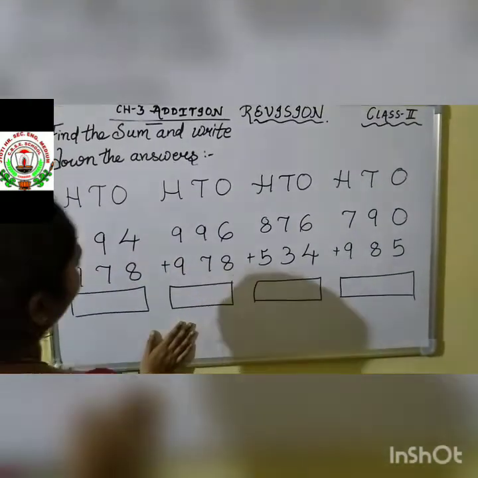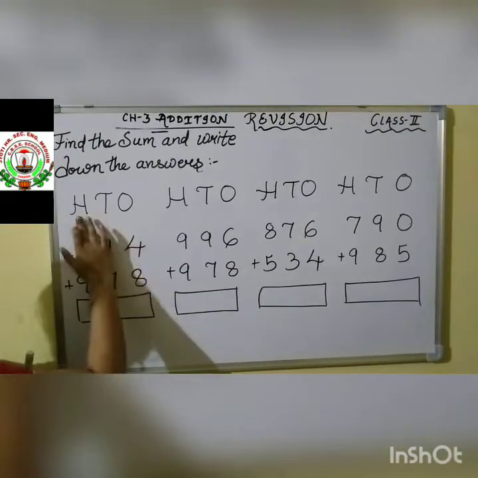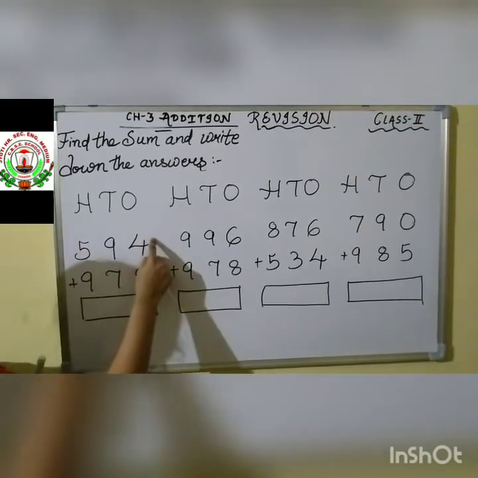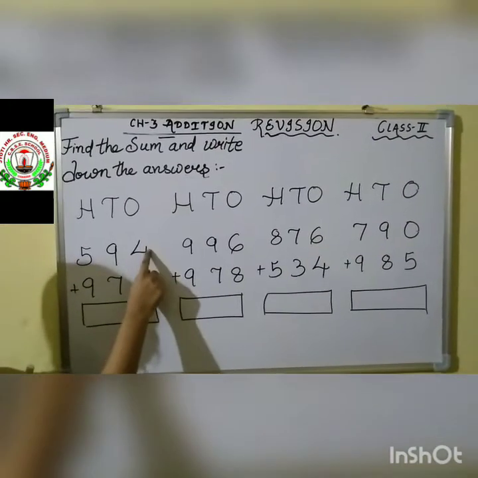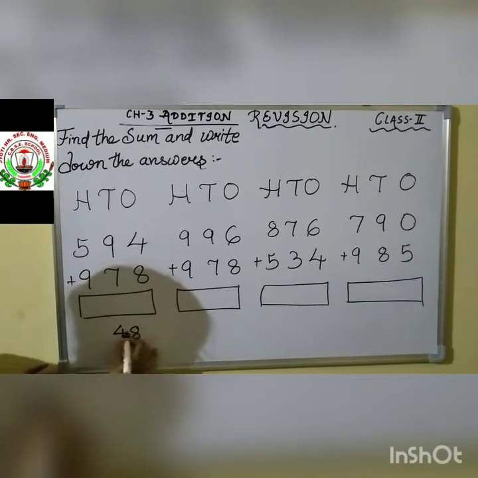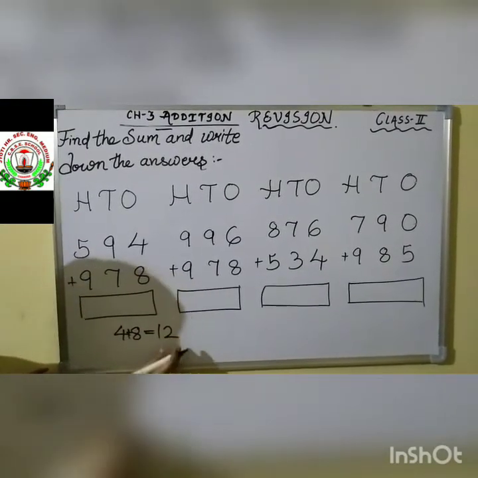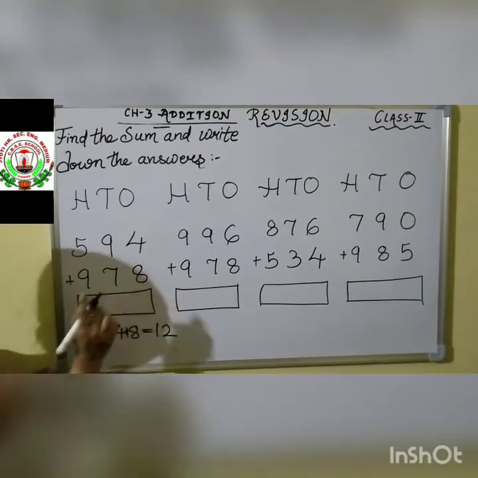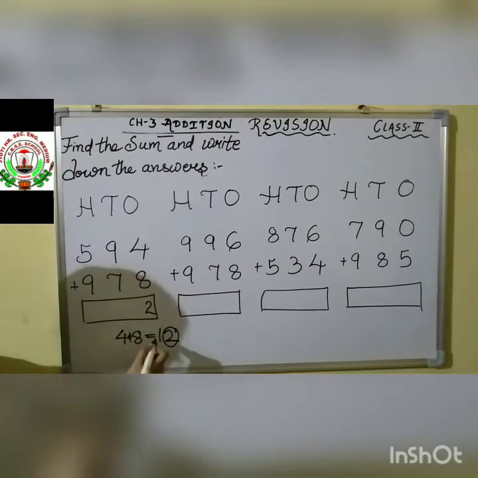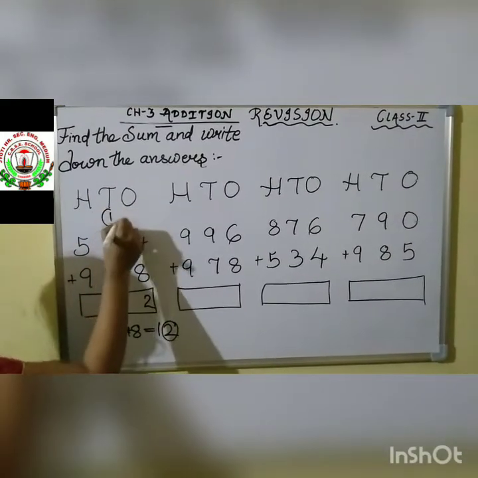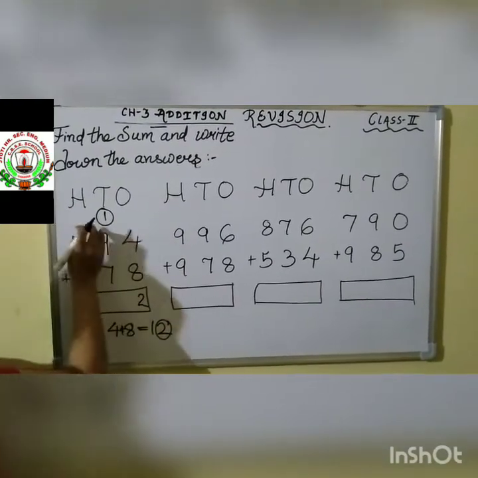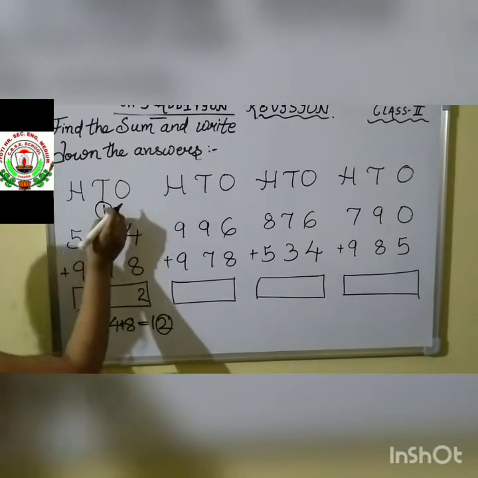So children, let us see some more questions. Here also 3 digits are there, so we will add the numbers. Let us see. Starting from the ones place, which numbers do we have? 4 and 8. We have to add 4 and 8. If we add 4 and 8, we get the answer 12. Do you have to write 12 here under the ones column? No. So what will you do? This 2 you will write here under the ones place, and this 1 you will write as carryover to our tens place. You can write it above the tens also. Here the space is empty, so I have written 1 just above 9. Okay.